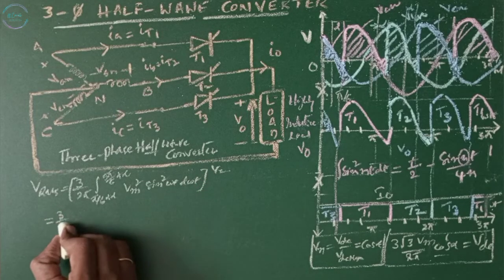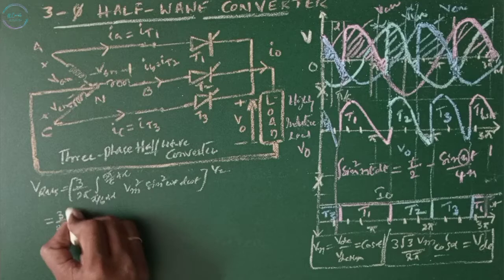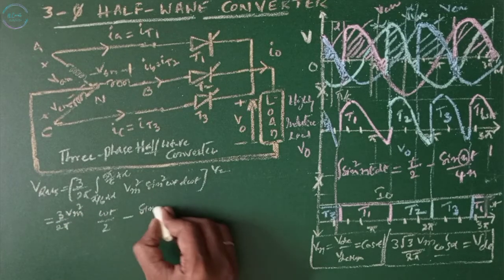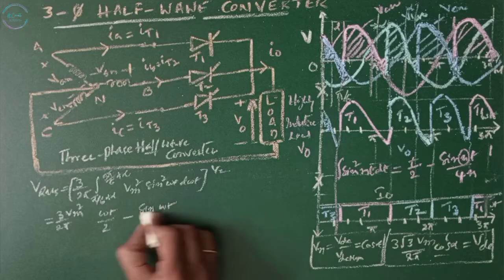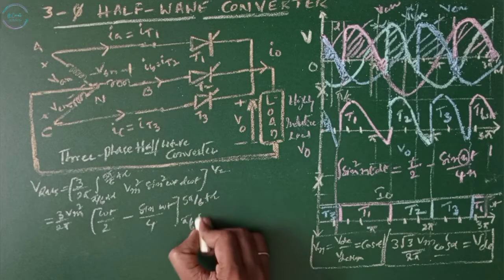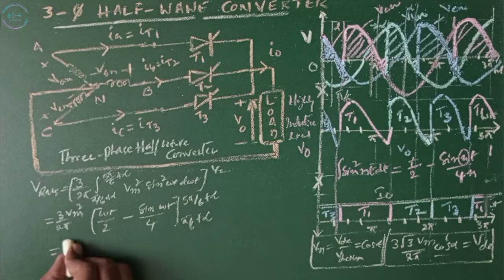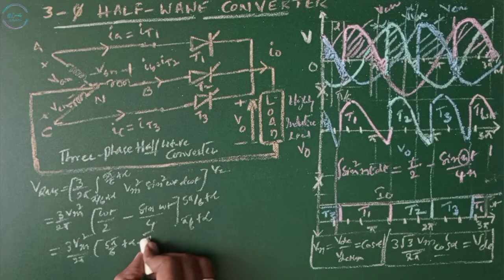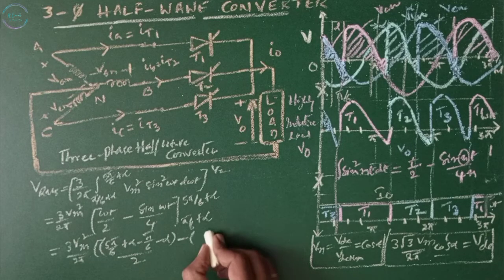That is 3 by 2 pi Vm square, taking this out, omega t by 2 minus sin 2 omega t by 4, evaluated from pi by 6 plus alpha to 5 pi by 6 plus alpha. Then 3 Vm square by 2 pi of 5 pi by 6 plus alpha minus pi by 6 minus alpha, divided by 2,